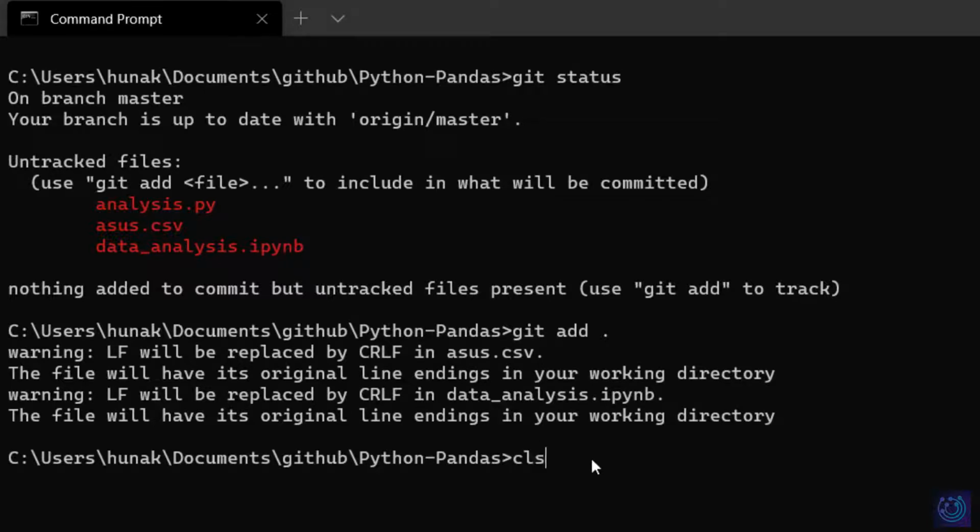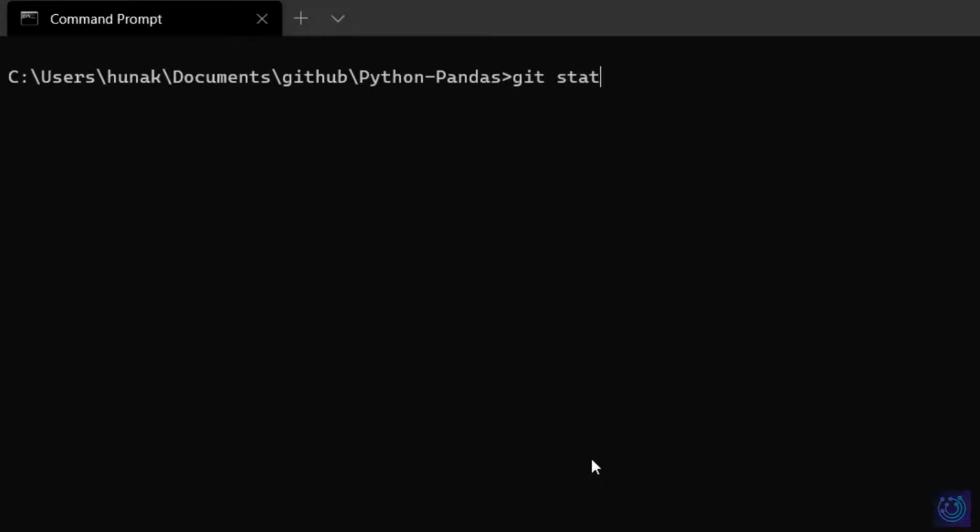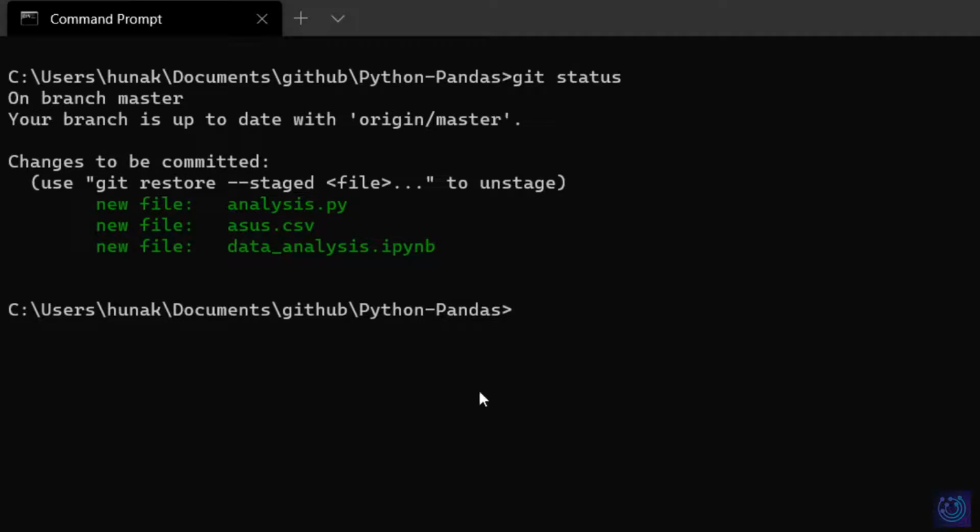So after this, once we have added all the files by using git add, we'll check git status again. This time around we have all the files indicated in green. That means all of these files are being tracked right now. Just in case by mistake you added a file by using that git add space period, and you want to remove a file, Git is giving you the suggestion right here. You can type in git restore --staged and the name of the file, and it will withdraw that file from being tracked by Git.